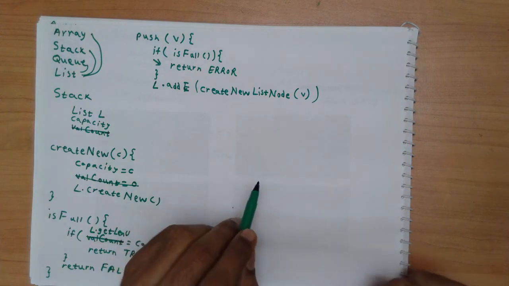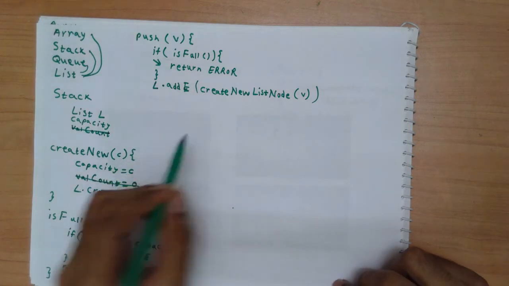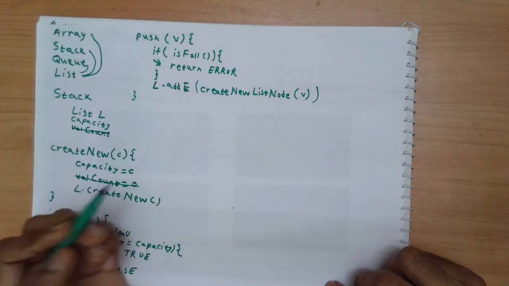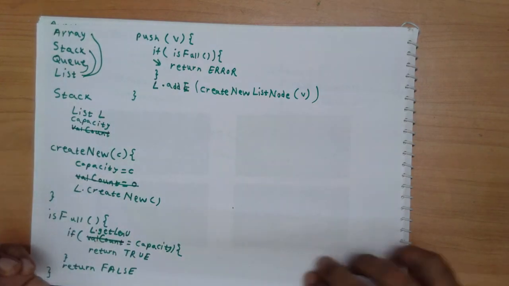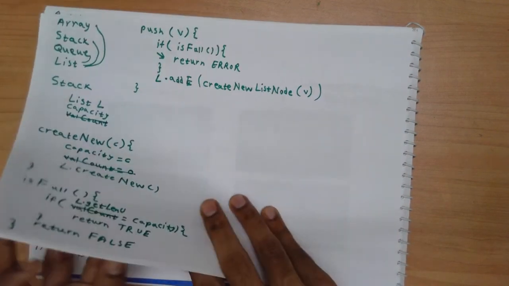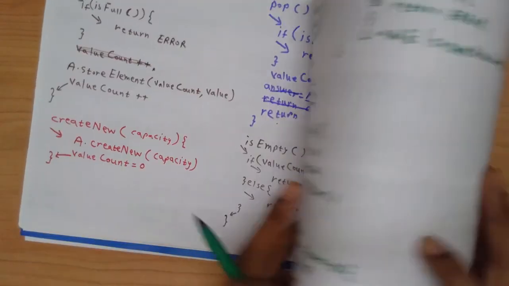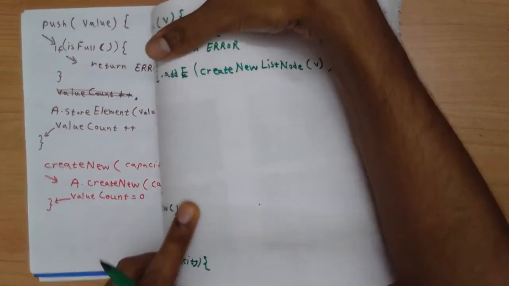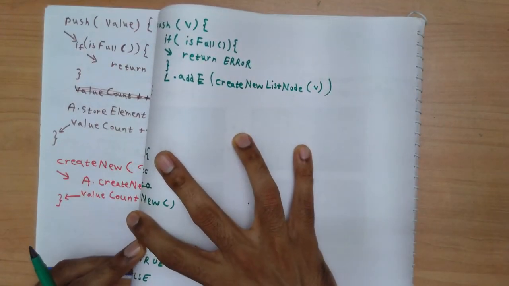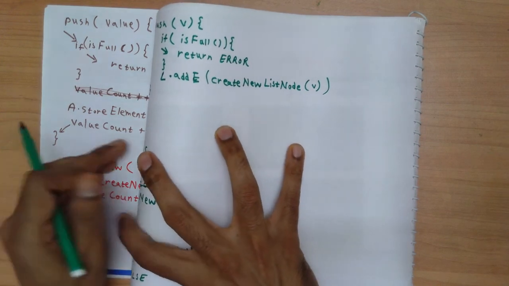We don't have to do anything explicitly. So I have added a new element to the end of the list, and that's my push operation. And then for my pop operation, I would require... So let's first compare this push with the push that we had with arrays. Let's see what is different, what is same. So here is our push operation implemented now versus the push operation that we had for a stack which had an array at the heart.